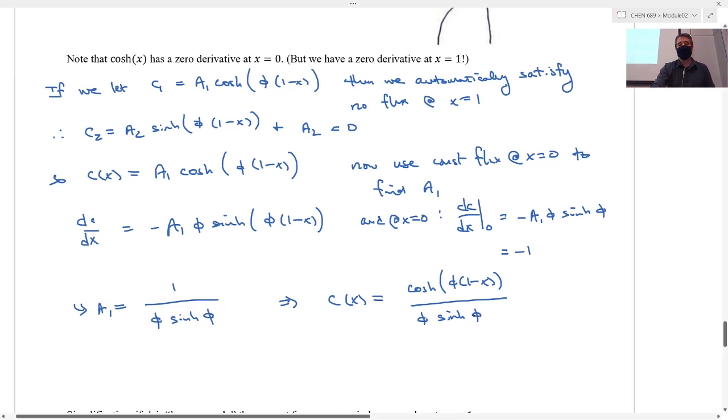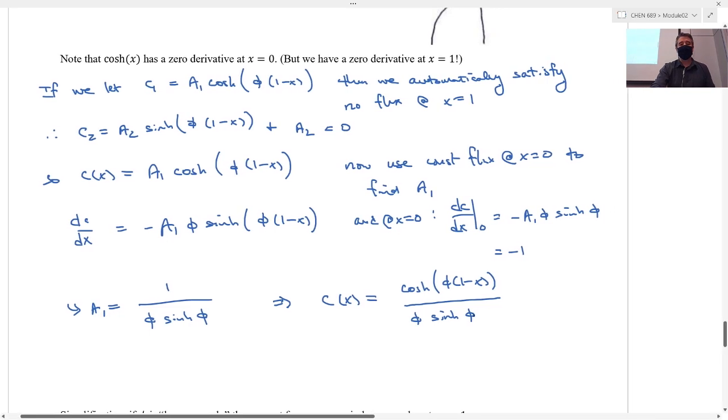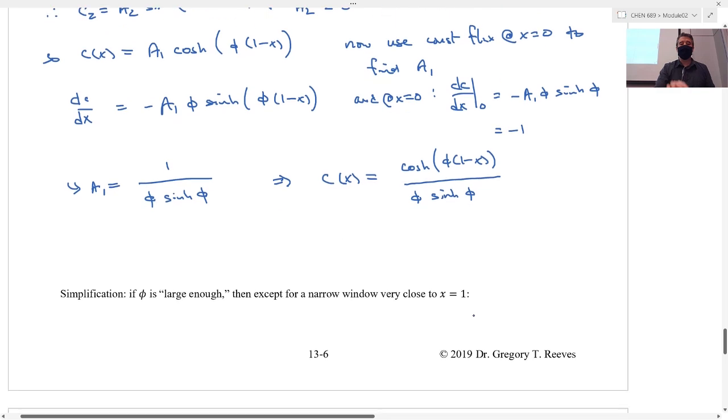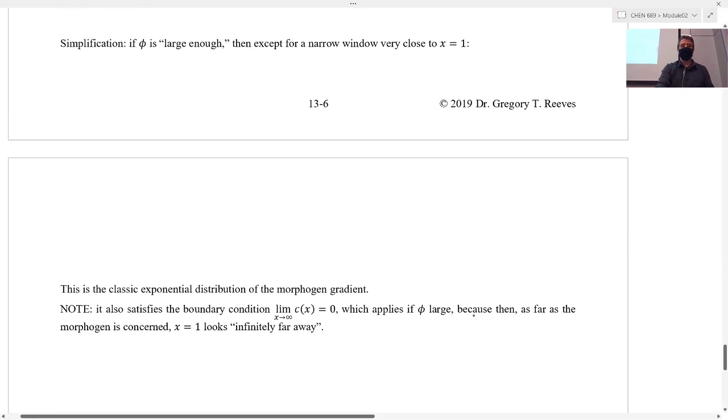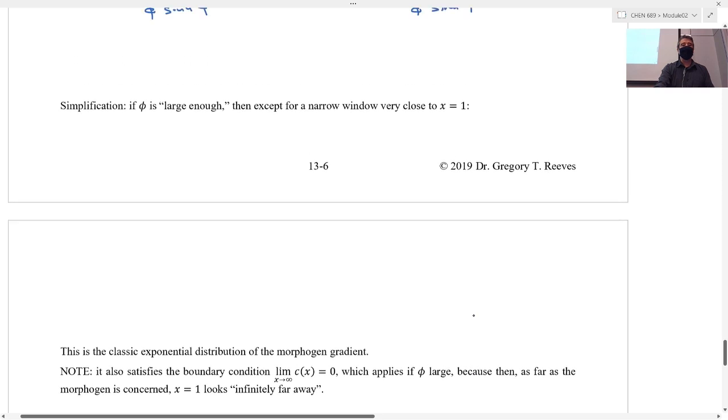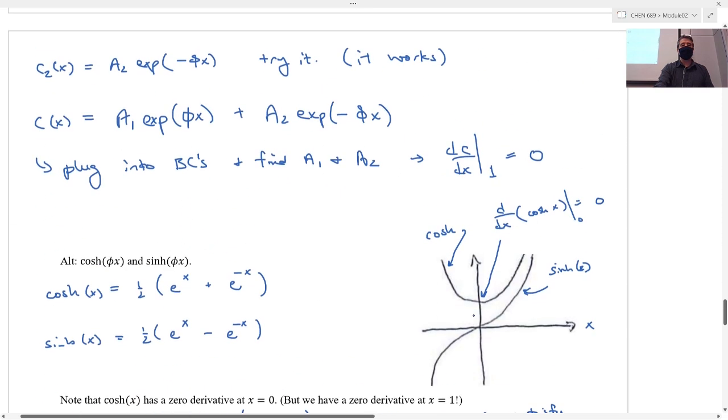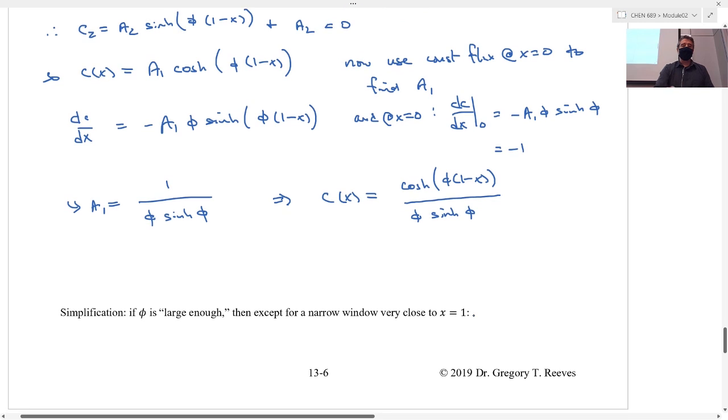Well, it's not totally our final answer, and that's because there's one simplification you can make for it. If phi is large enough, then, oh man, I didn't design this very well because I didn't mean for that text to be split to the next page. I definitely had room up here to shrink things down. Oh well, that's okay. So if phi is large enough, then what that means is,